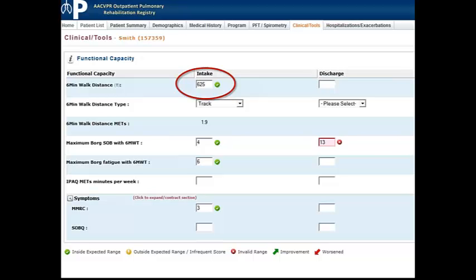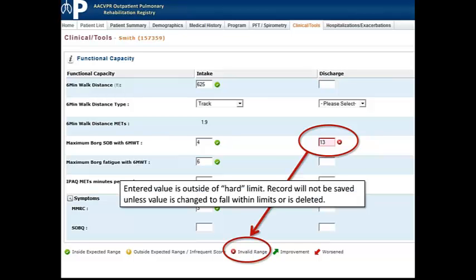That means that value is within what we would expect in terms of a range. However, you may occasionally see a red check mark, and the field will turn red. That should let you know that the value is outside of what we call a hard limit or hard range. In order for the record to be saved, you'll either need to change the value to something more accurate or within the range, or just delete the value itself.